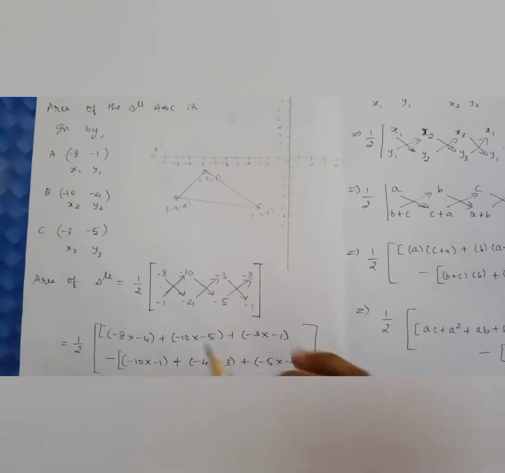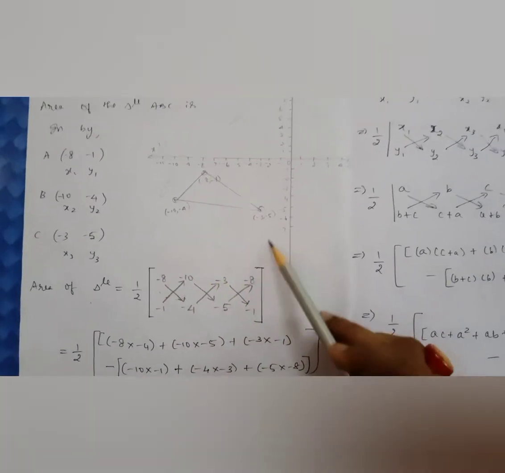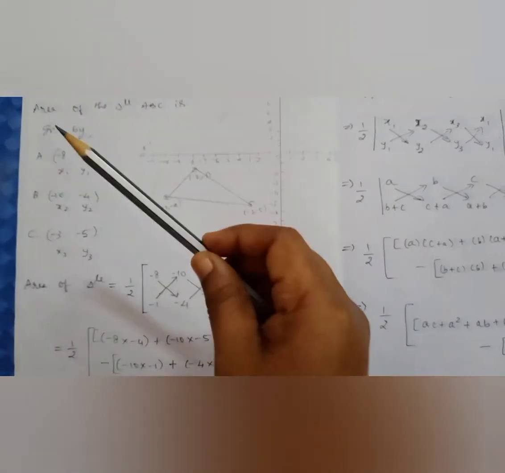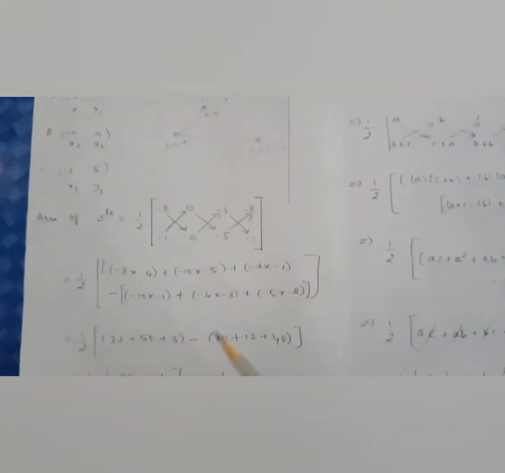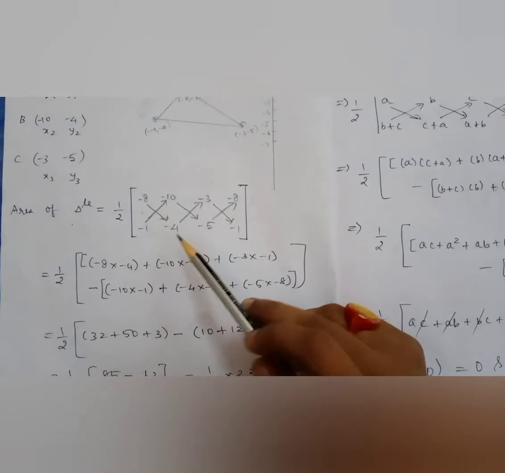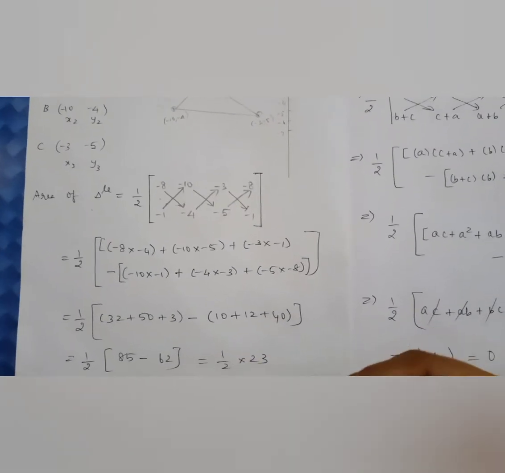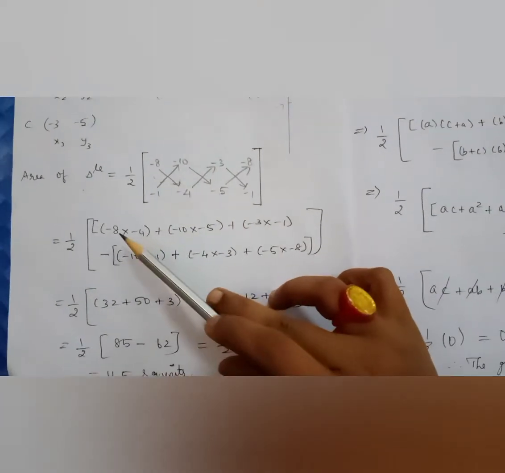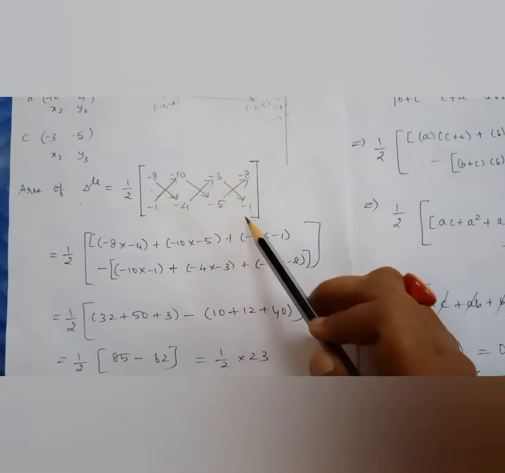The formula you have to remember here is: first you write x1 y1, then x2 y2, x3 y3, again x1 y1, then the arrow marks, first towards this side from top to bottom, and then from bottom to top, lower to the upper. Then I am getting it to be half into -8 into -4, so minus into minus. Initially, you just write everything and then go ahead with the solution. That will help you avoid unnecessary mistakes. So -8 into -4 plus -10 into -5 plus -3 into -1.